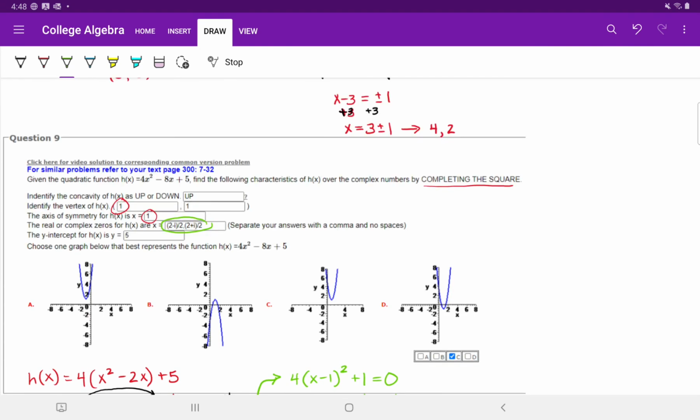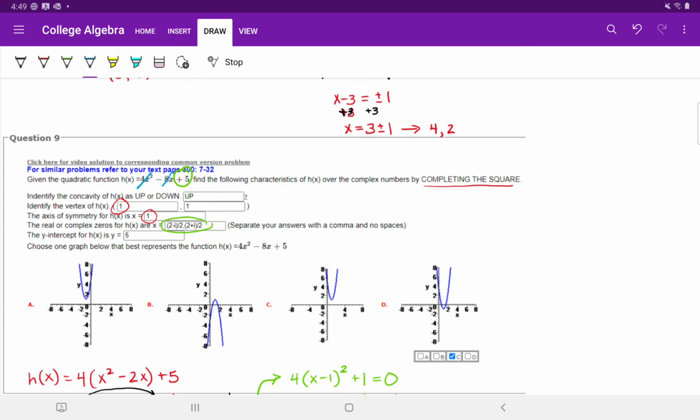Okay, I think our last question, nope, y-intercept. So we talked about the y-intercept before. The y-intercept is really easy. It's right here. The y-intercept is what you get when you let x be 0. So these two things would just disappear and you'd be left over with a positive 5. So there's our y-intercept. And finally, we want to use all the information we've gathered to choose a graph that